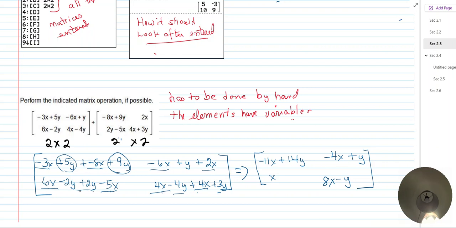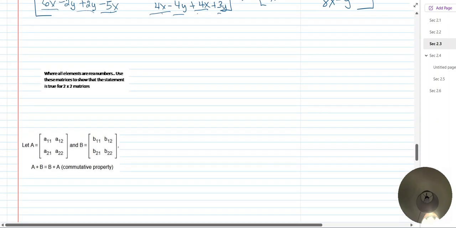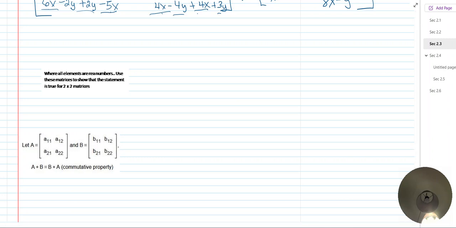6x minus 5x is x. Negative 2y plus 2y is 0. Boy, look at that. I better slow down. So right here, we have where all elements are real numbers,